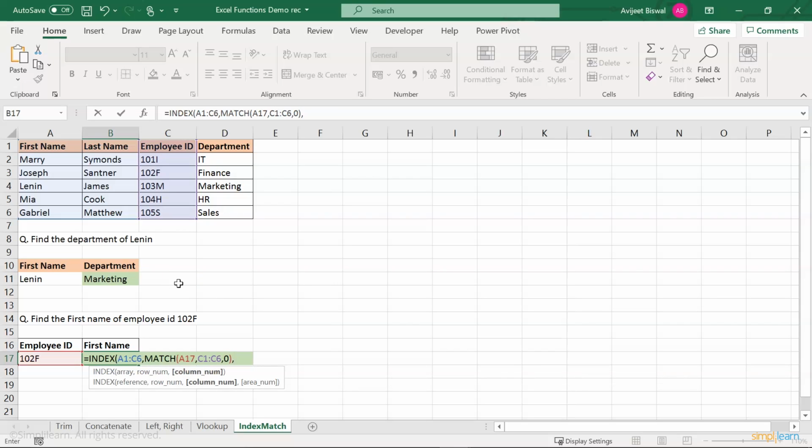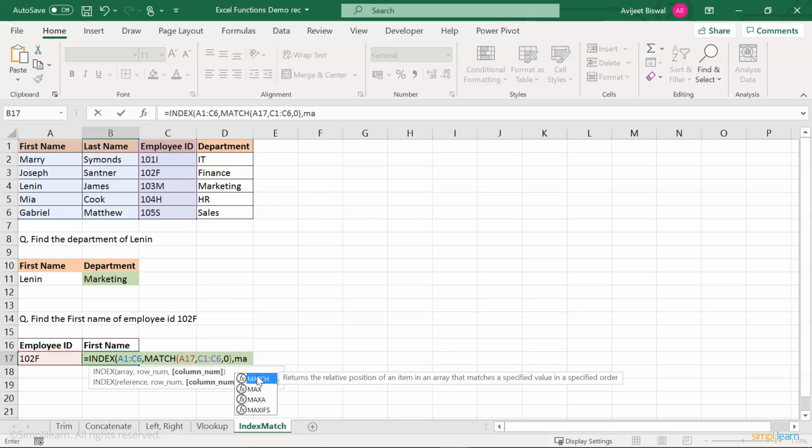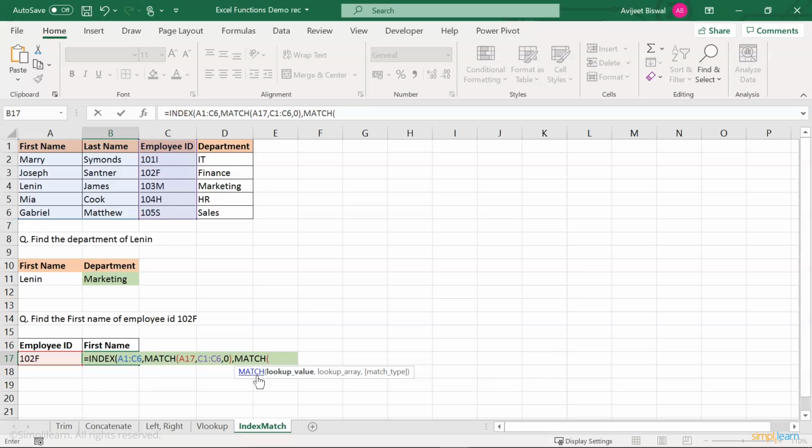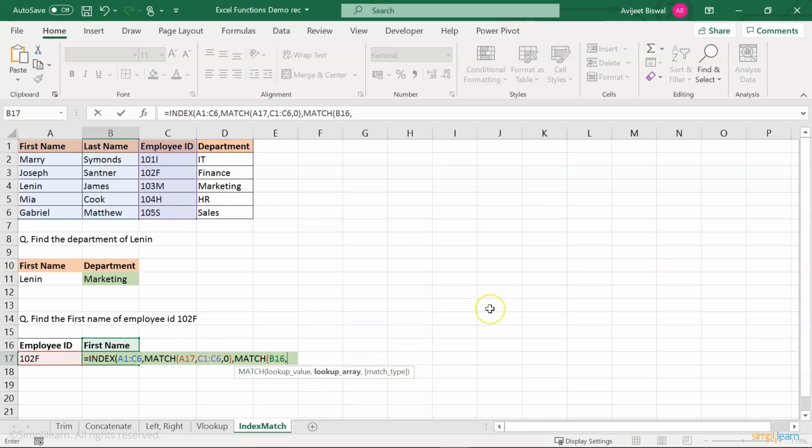I'll give another comma, and the column number we are again going to find using the MATCH function. The last time we directly passed the value, and this time we are going to use the MATCH function to find the column number as well. So I'll write MATCH and I want to find the first name, so that is going to be my lookup value, first name. I'll give a comma.